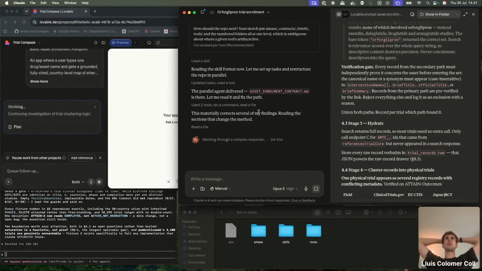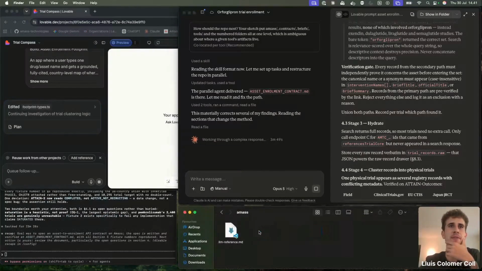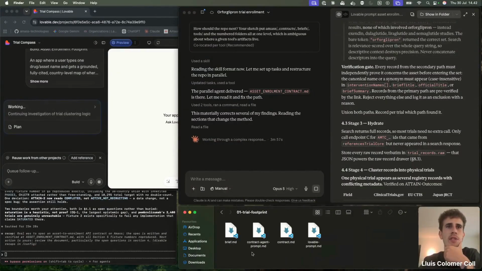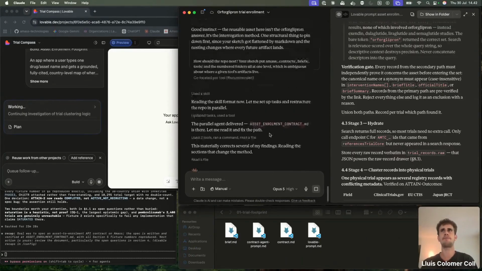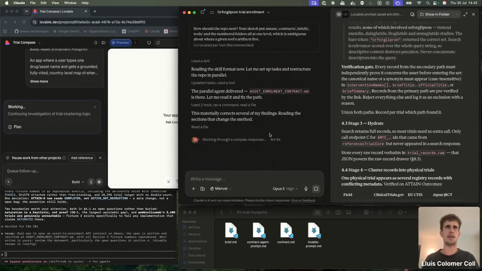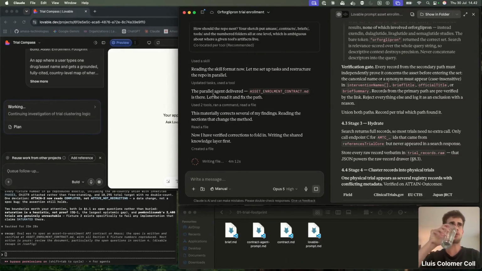and writing this down into reusable skills, so next time we have a structured directory. For example, here is the documentation for LLMs, here is where we will store the skills, and here is the first tool that we built, which consists of a brief, a contract between the agent and the prompt, and then the prompt that we send to Lovable. And with this, I will just wrap it up as soon as it finishes.